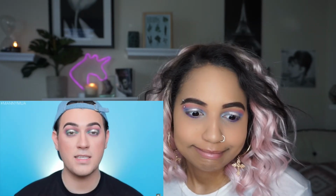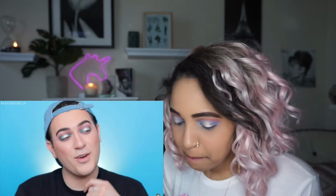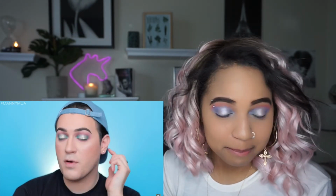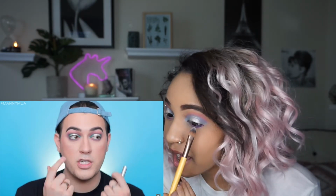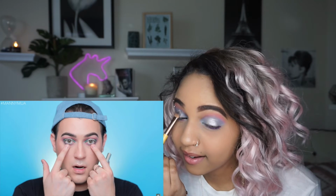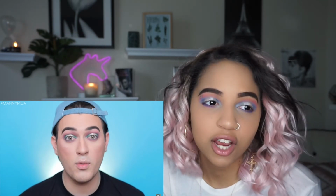Okay guys, so for the final step of the actual look, this is what it looks like so far. I think it's turned out so pretty, it's so cute, it's just a fun look. I just love purple in the crease. Manny's obviously looks so much better than mine. Right there, it's a really cute step, adding little gems in the lower lash line. I don't have gems, so I'm gonna have to...